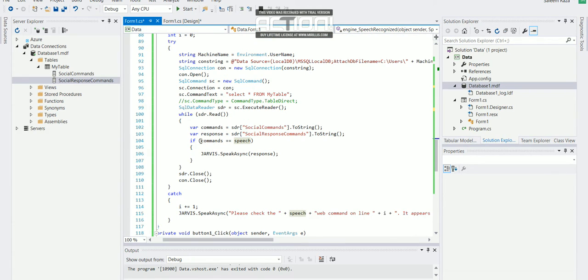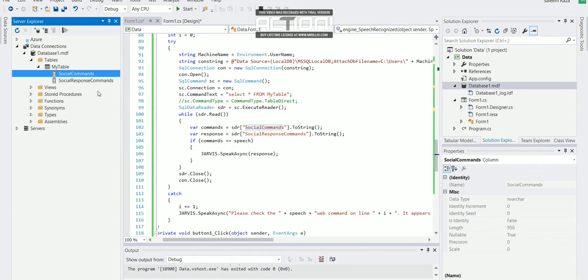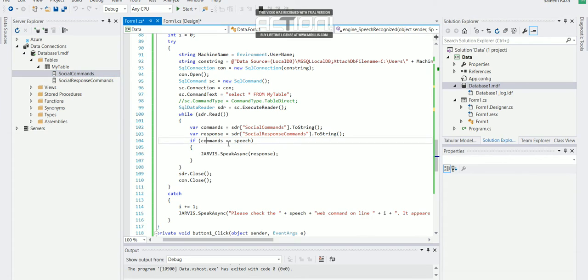Then we are going to compare it with the command. The SQL data reader is reading the commands from this social commands column. It will read the command, and if it's equal to our speech, then we are going to pass